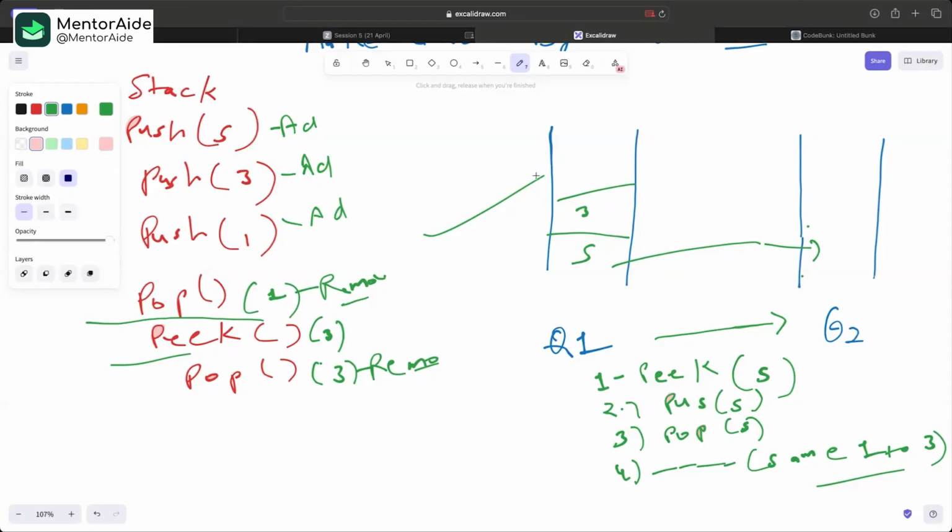Okay, we'll again move it back. Yeah, it's not required. As I said, you can always check whether Q1 is empty or Q2 is empty. But the issue is going to be in the coding part, how you are going to code it, because you are going to write the specific steps. That hey, push to Q1, push it to Q2, push it to Q1, push it to Q2, push it to